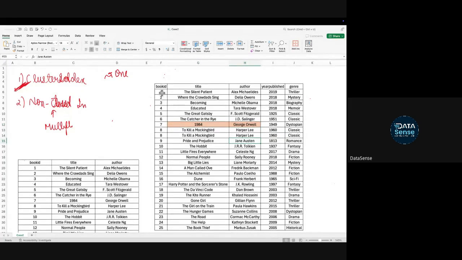It will split the data first and search for this title and this author. Suppose here you have 1984, okay, but here the author is someone else, let's say ABC. Now when you split the data, it will not choose the bottom part, because in the bottom part it is 1984 ABC, but in the top part it is 1984 George Orwell. So whatever filter you put, please try to search that part only. Okay, got it.